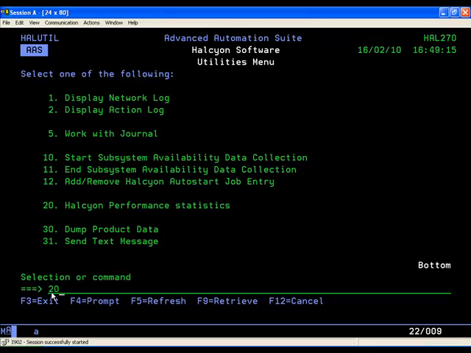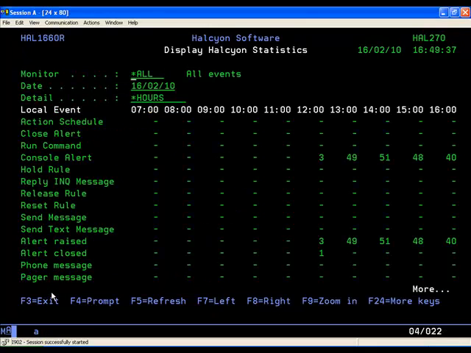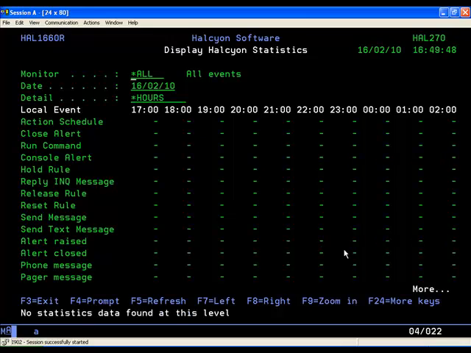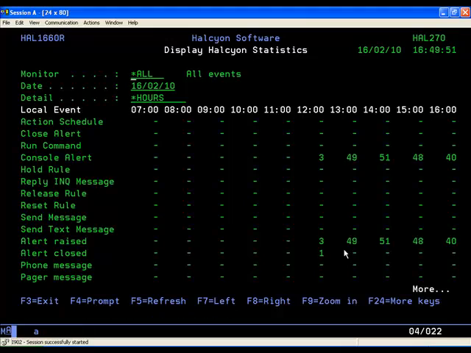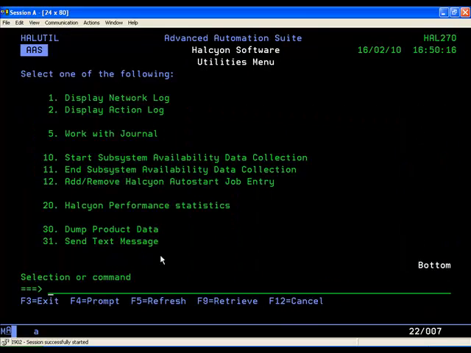This enables you to view how Halcyon is performing. So you'll see here between 12 and 1 there were 3 console alerts, and one of those has been closed. And you can use the F7, F8 keys to go between the hours. Because this system hasn't been up and running for very long, there's only a few statistics. So it's a great way of being able to just monitor how Halcyon is performing with the advanced automation and